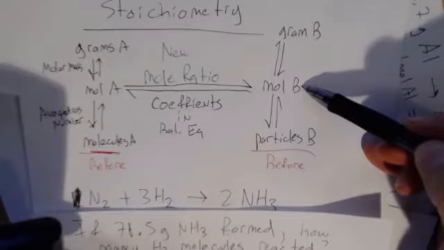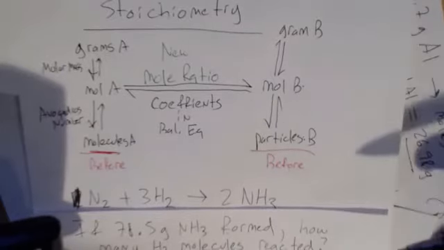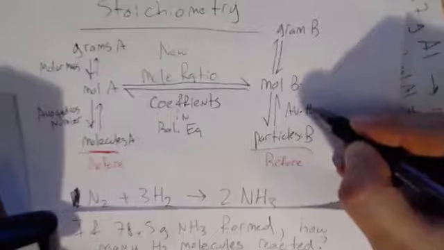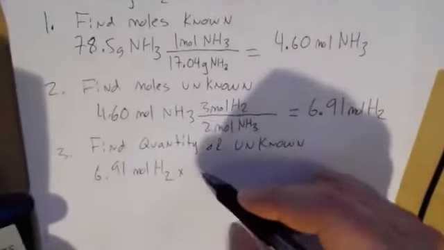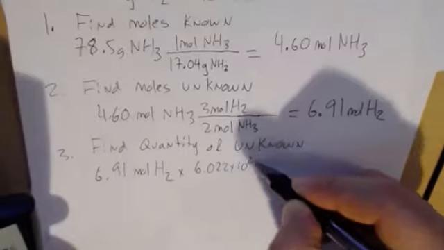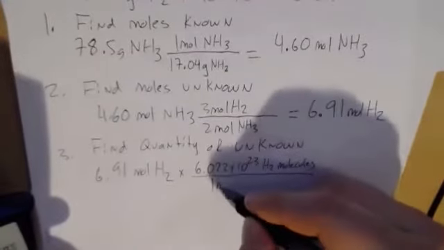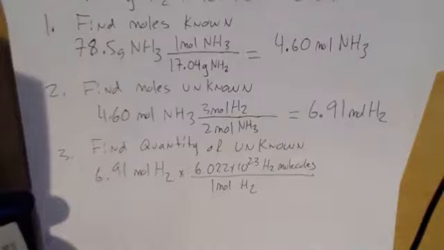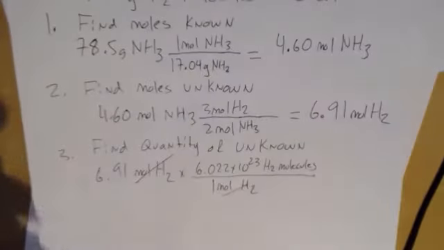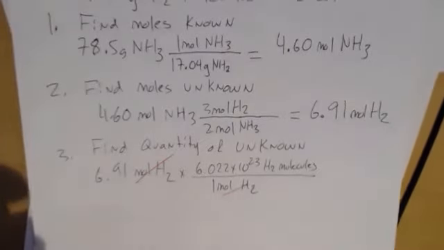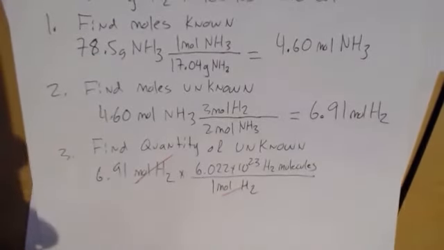Let's go back to so now I'm here. I want to go from moles of hydrogen to molecules. What will my conversion factor be? I would say that would be Avogadro's number, just like we were doing in the beginning, right? Let's go back to here, times 6.022 times 10 to the 23 hydrogen molecules over 1 mole of hydrogen. So moles of hydrogen cancel. I'm going to take my raw unrounded value in my calculator times 6.022 times 10 to the 23. And I get,